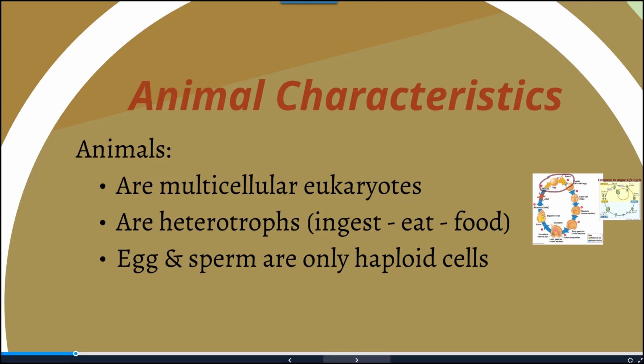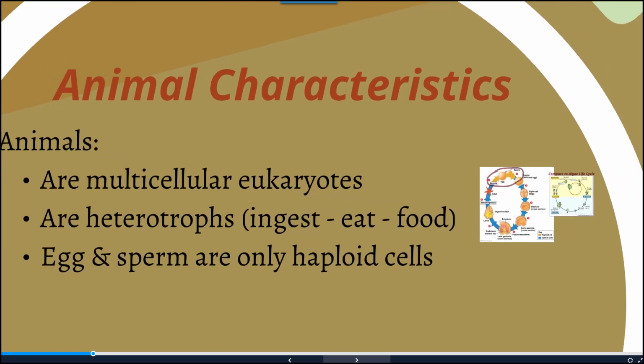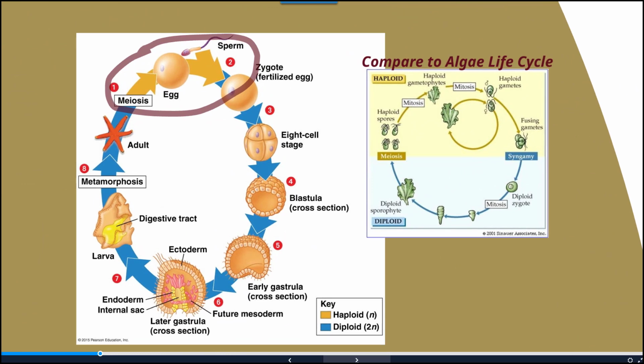And the haploid stage that we saw in organisms such as plants is not going to be something that manifests into an exterior organism. We now only have an egg and a sperm that are the haploid cells, and beyond that it's going to be just simply a eukaryotic organism. And just to give you an idea of that, in our little example here with the sea star, the haploid stage, where there's only half the genetic material, is only really happening in the egg and sperm elements that are found for the organism.